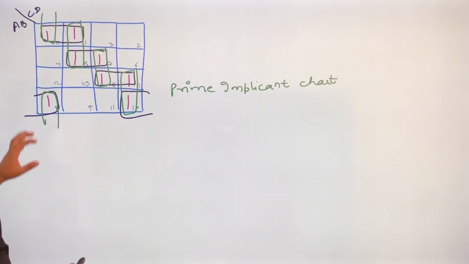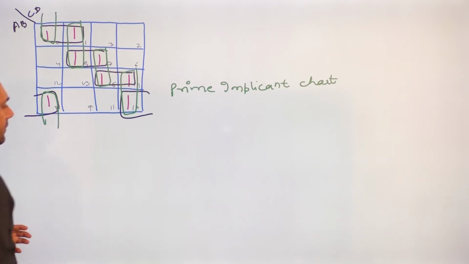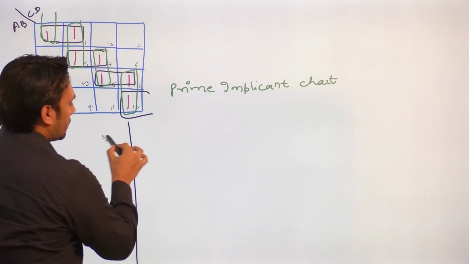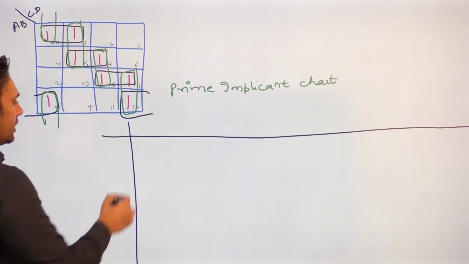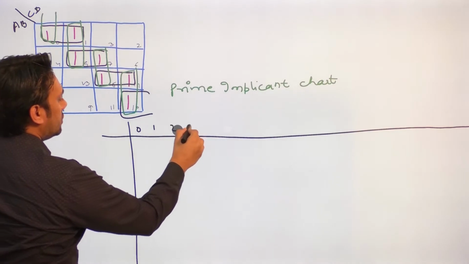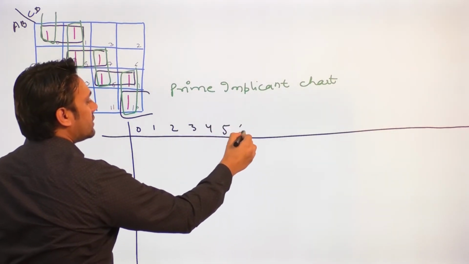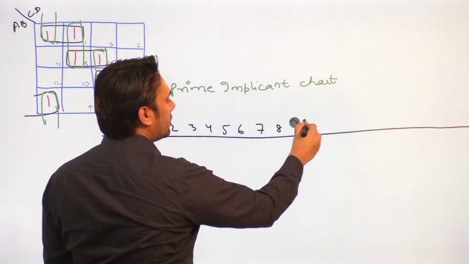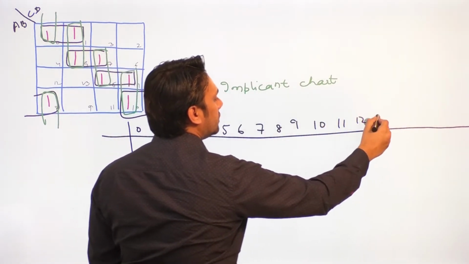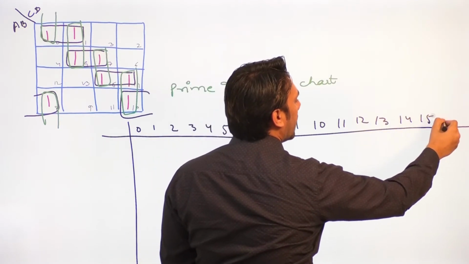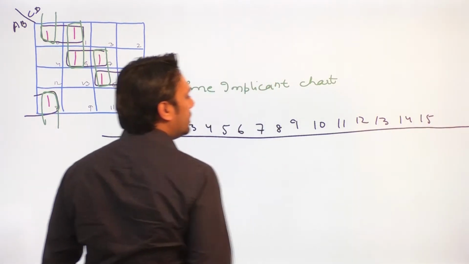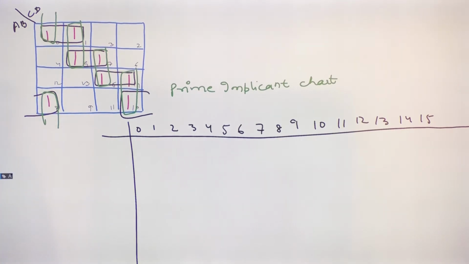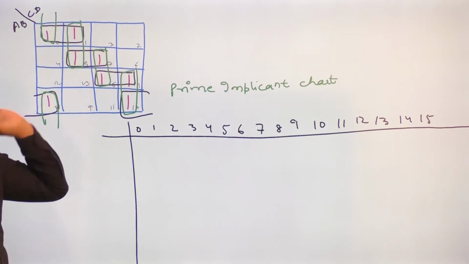Okay, so basically we are trying to identify what are the implicants that I can use in my solution. So to do that, first of all I have to mention all of these numbers, or I can say all of these subcubes. I have to make a table here. So I'm going to make the table in this manner. This is the table. So here we have total of 16 values. So we have 0, 1, 2, 3, 4, 5, 6, 7, 8, 9, 10, 11, 12, 13, 14, 15 and 16. So basically the maximum value here is 15 only, because we have 0 to 15, so we do not have 16.